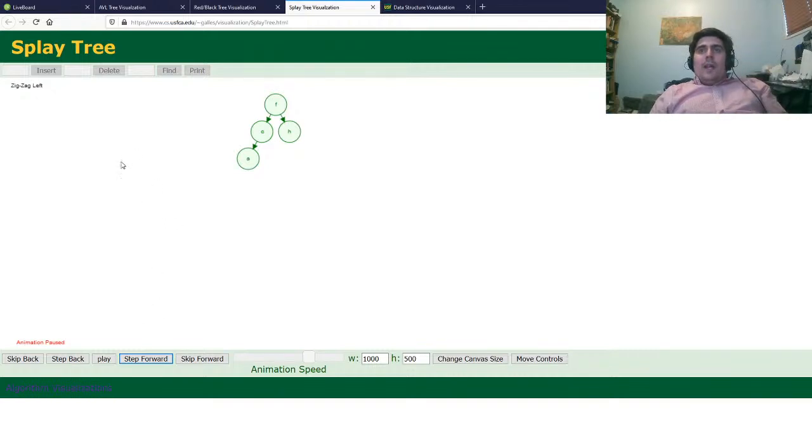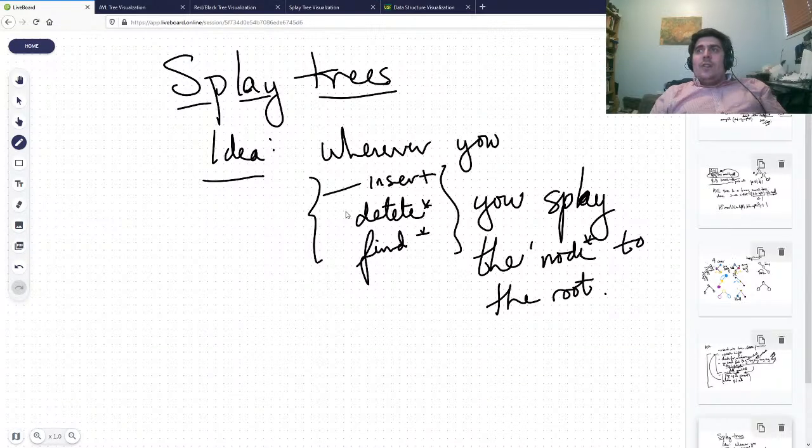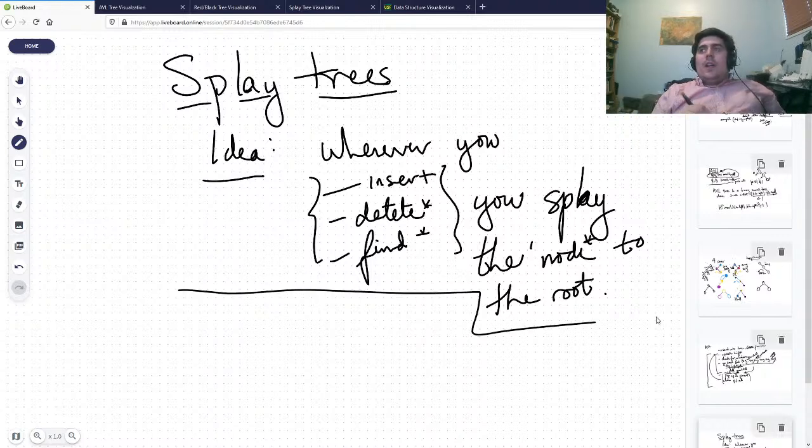And now remember what I did was I searched for, well, let's insert Z. It doesn't matter: remember what I said, if you insert, if you delete, or if you find, then you splay the node to the root. So you might ask yourself, what about find? Find can result in 2 things. Either the node exists in the tree, so then you splay it,